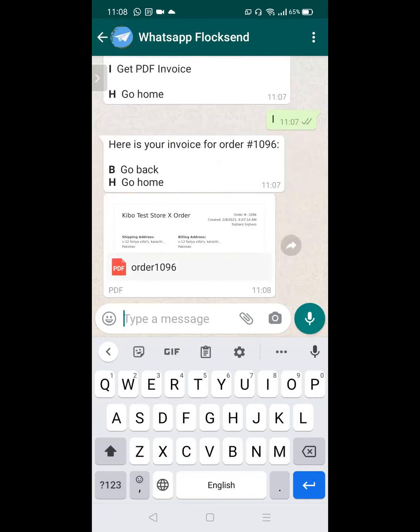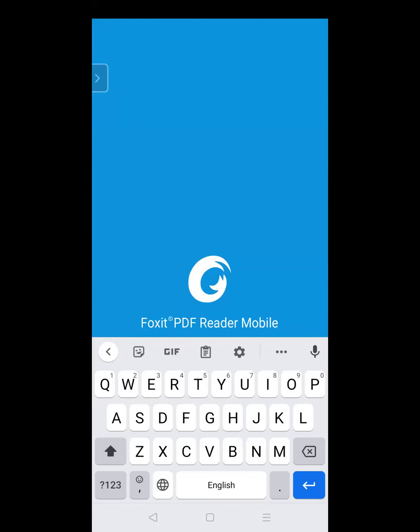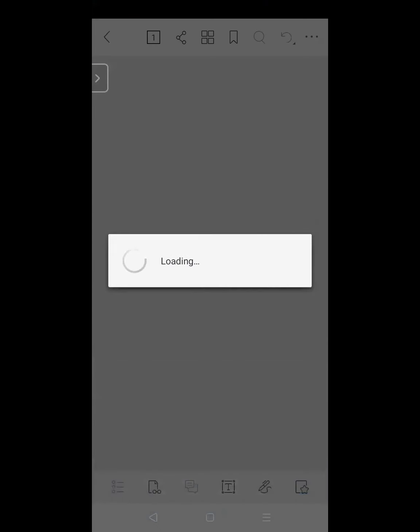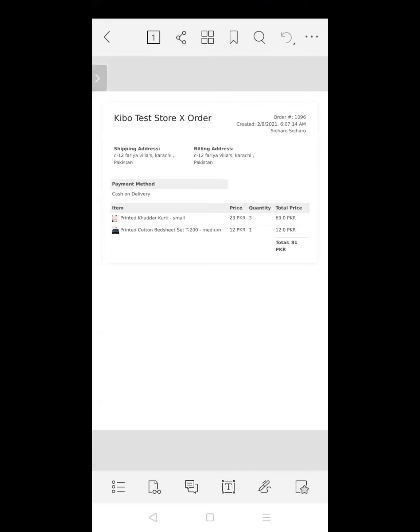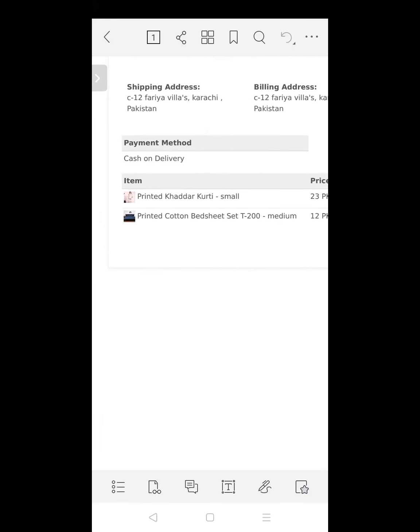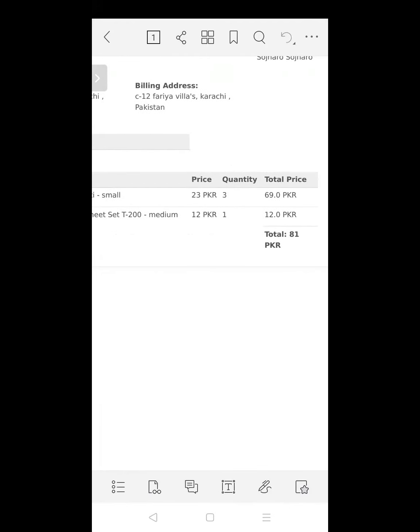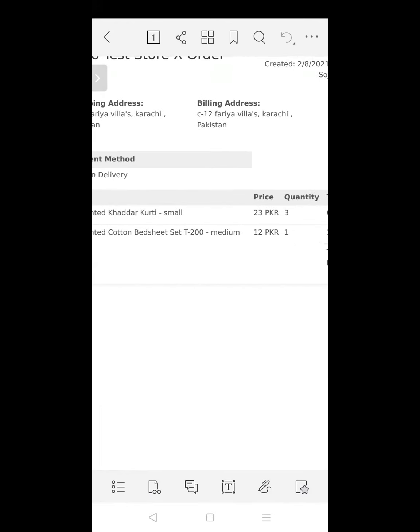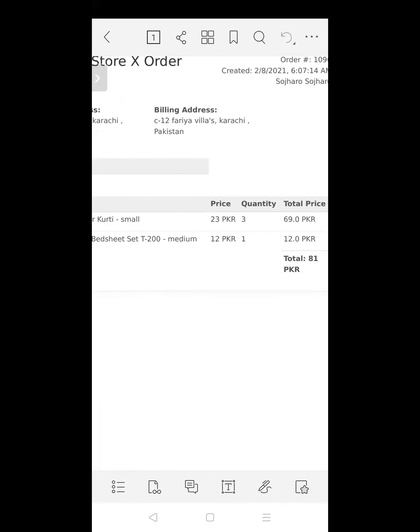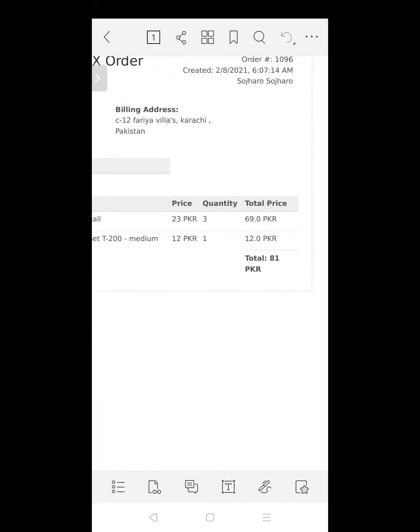You can see it has sent me a PDF file that I can open and view inside a PDF reader, and it contains the invoice. It is telling me what items I have purchased, what the total is, and what the price was, and the billing address and shipping address, all of this information.